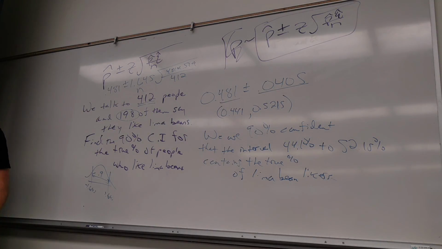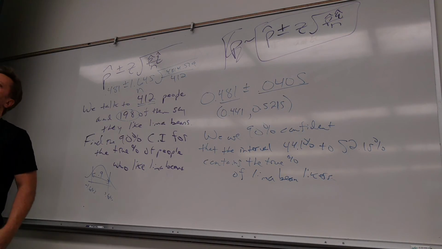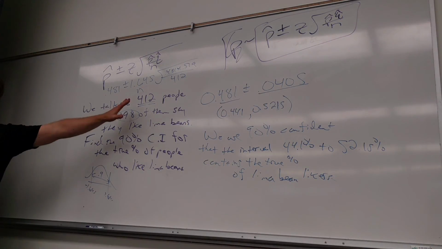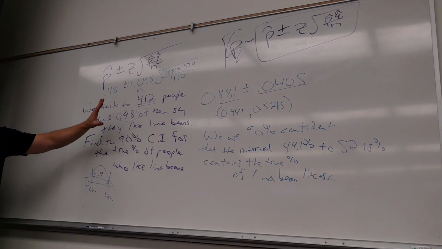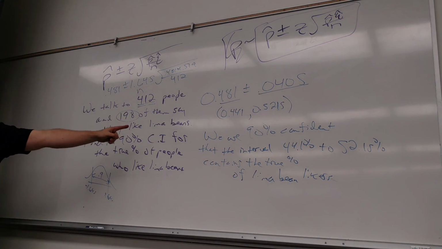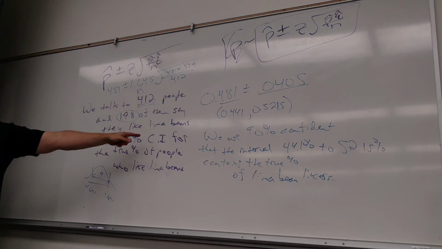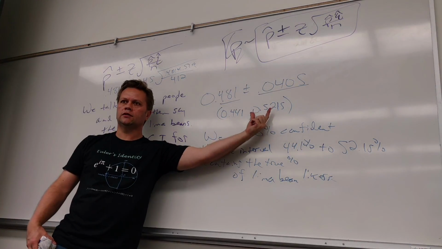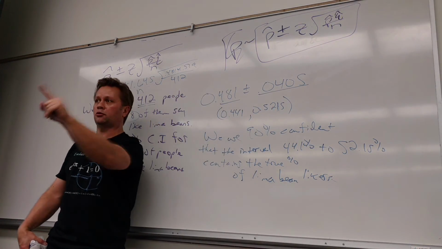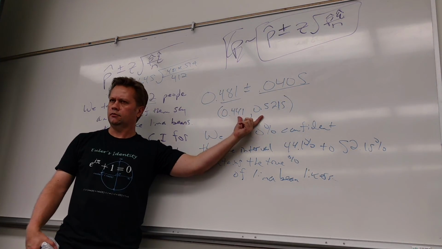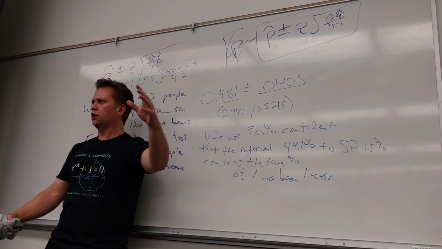So if somebody thought that 52% of people like lima beans, what would this study say about that? Does this study say that that's wrong? No, because this could be 52% very easily. So this wouldn't say it's wrong. It doesn't prove that it's 52. It just says I can't say that's wrong. You guys would. So if I was really weird and I was really like